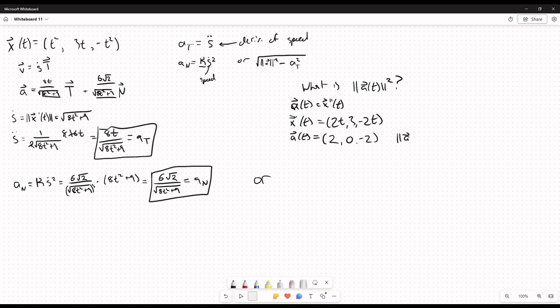And the magnitude of acceleration squared is just going to be 4 plus 4. Normally it would be the square root of 4 plus 4, but since we're squaring it anyways, let's just drop the square root. So it was easy enough to find acceleration squared. We already found the tangential component, so it's easy enough to square that. The tangential component squared is going to be 8t squared. Sorry, that's 64t squared